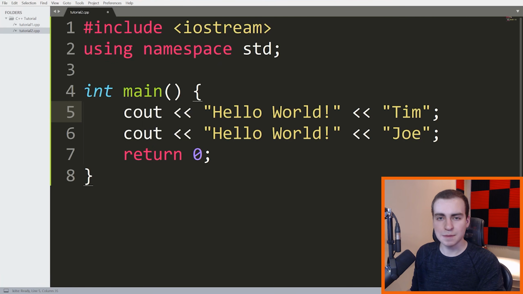Now there are some more escape characters that we can use, and an escape character is anything that starts with a \. I won't get into them right now, but you're welcome to look them up and mess with them in the console and see exactly what they do. But that's the idea behind \n.